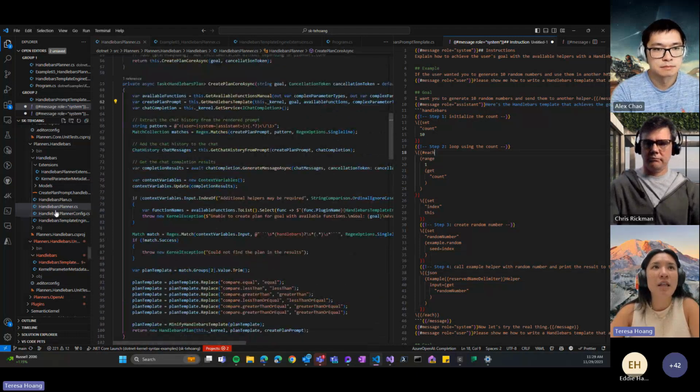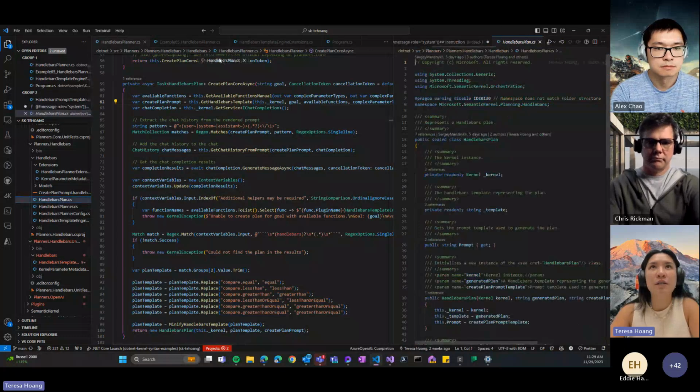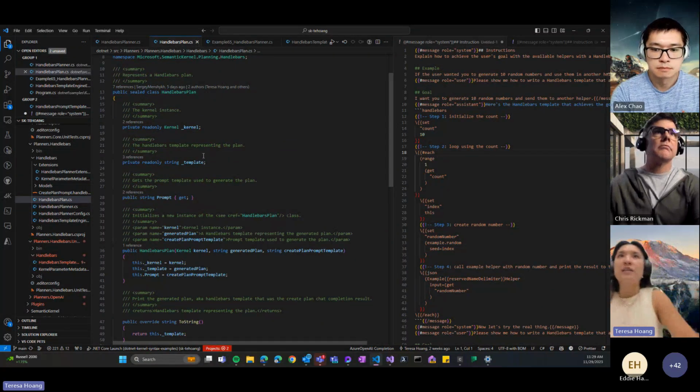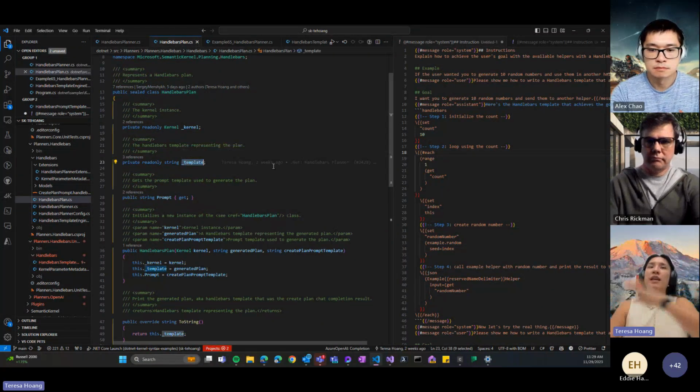And so that's the planner, and then it outputs this Handlebars plan right here, which is just a custom class where the Handlebars template itself is what represents the plan. I'll show examples of that whenever we run the samples.